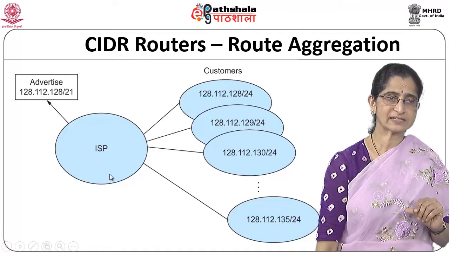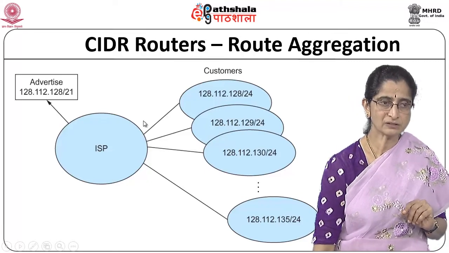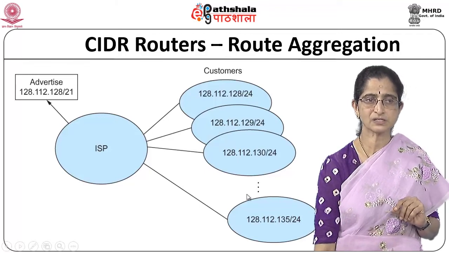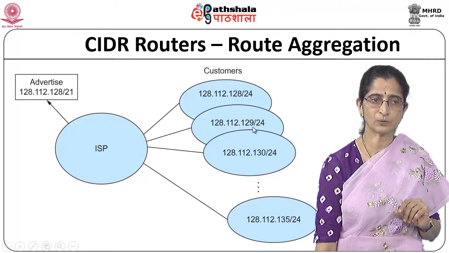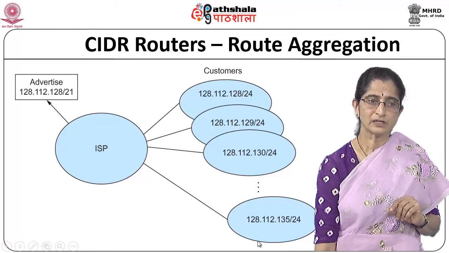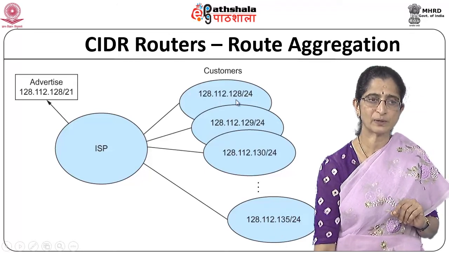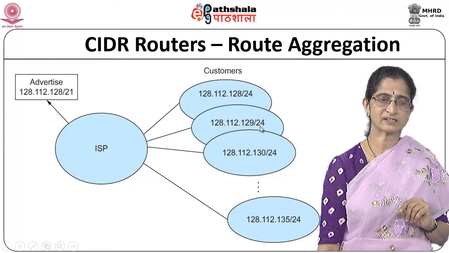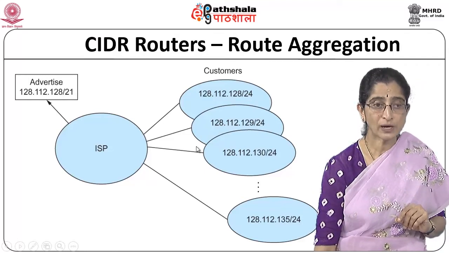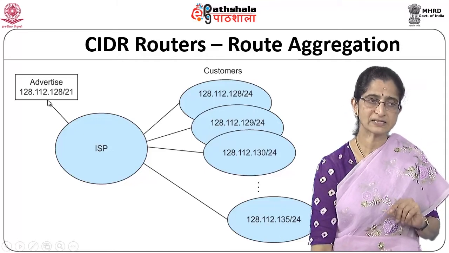Now, this is another quick example to understand how route aggregation will take place. Let's say I have different customers who have these addresses 128, 129, 130 all the way up to 135. The first 8 bits are common. Now all these can actually be grouped together. Look at this, they have 128/24. This is again 129/24, which means only the last 8 bits are used as the node part of the address. So I can aggregate all these together because they are all contiguous addresses and treat them as a single entry,